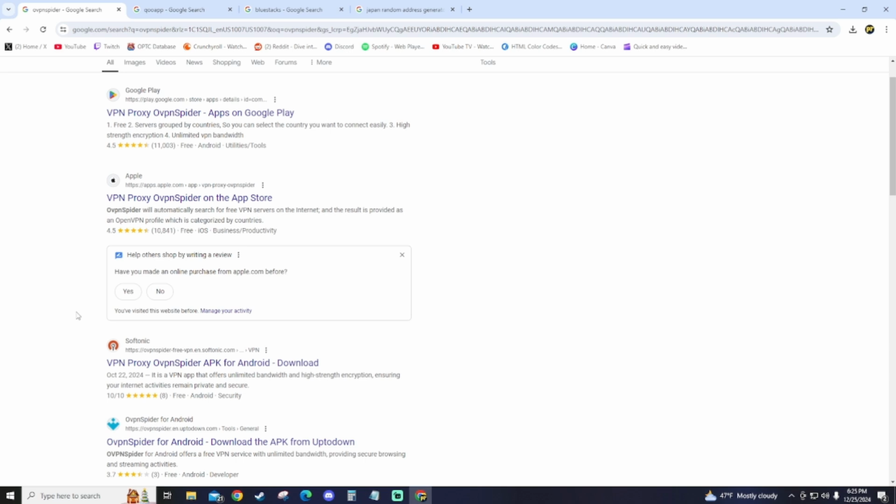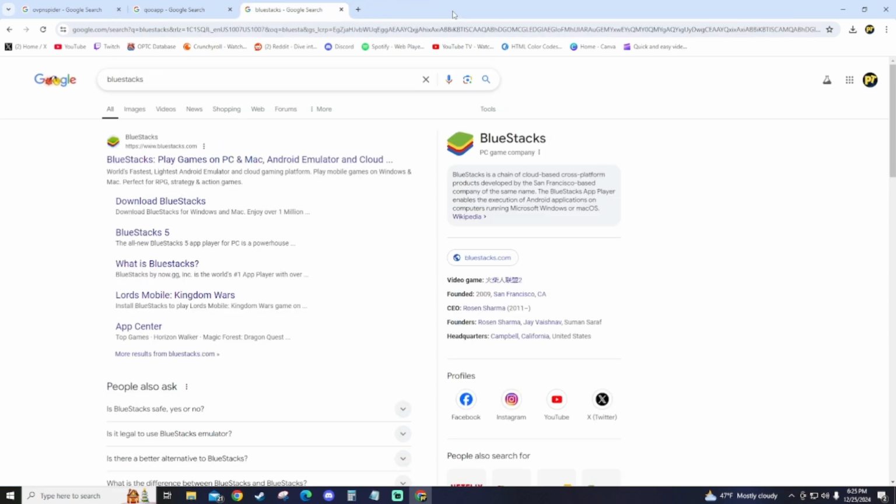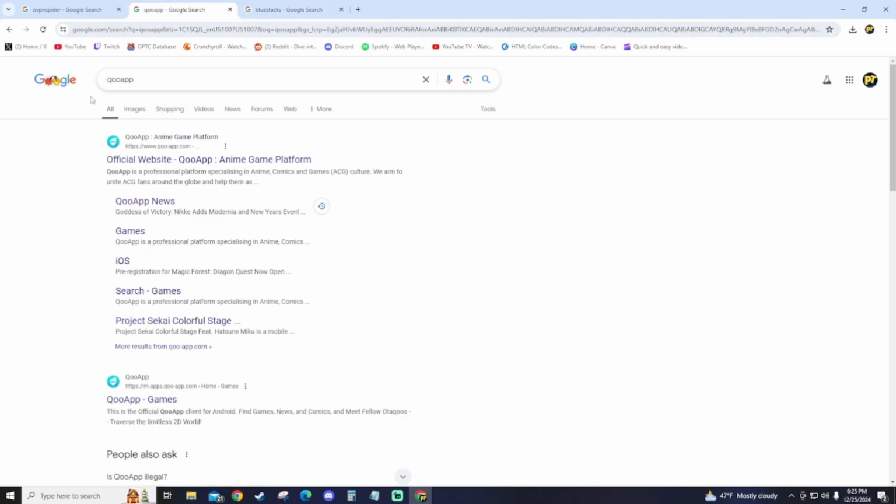Now, for Android, it's a little different. You're still going to need the VPN, which you can still download on the Play Store wherever region you are in. You are not going to need to create an address, so you don't need to worry about that. Again, for PC, make sure you have BlueStacks, and once you do that, all the other steps are going to coincide. What you're going to need to do is download QApp,